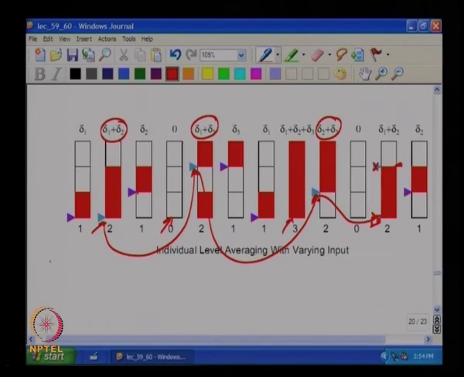So, if you look at the accumulated error sequence, since each one of these accumulated error sequences is bounded, it follows that if you find the accumulated error sequence for this when the input is varying, that will also be bounded,